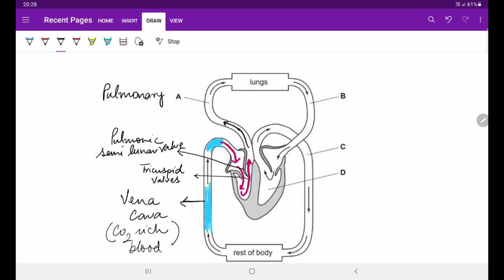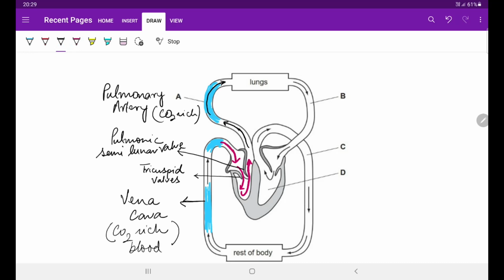So, the blood contained in the pulmonary artery is carbon dioxide rich blood, and here it is denoted by the blue color. It tells us that the blood vessel is carrying carbon dioxide rich blood. Where is it going? It is going to the lungs for getting oxygenated. In its path, the pulmonary artery again breaks up into two branches so that it can supply the blood to the two lungs, right lung and left lung, separately.